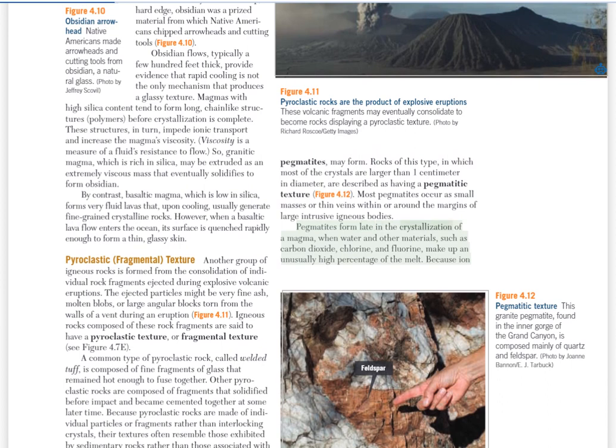Pegmatites form late in the crystallization of a magma, when water and other materials, such as carbon dioxide, chlorine, and fluorine, make up an unusually high percentage of the melt. Because ion